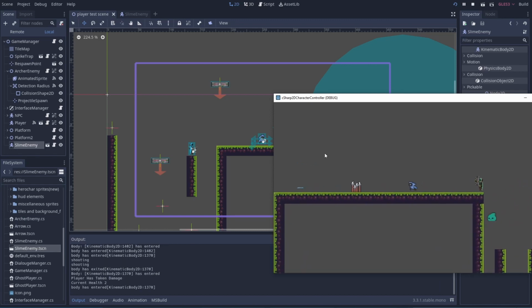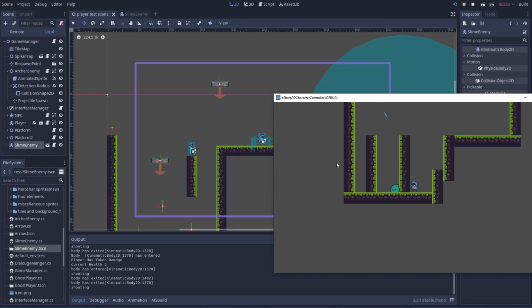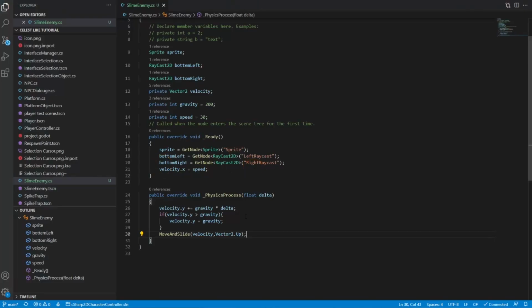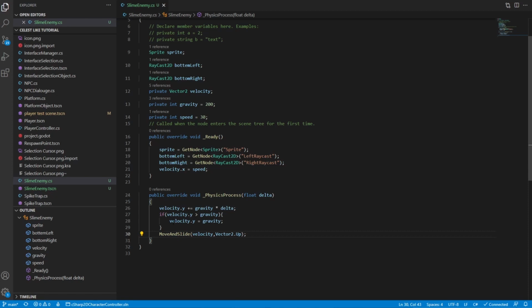Now, you'll notice that he just keeps going and he just falls until he hits this, and then he just kind of stays, which is good and bad. So we now know that gravity works, so that's good. Now we just need to make it so that he doesn't fall off edges, right? We don't want to make him that stupid, right? We want to make it so he sees an edge and doesn't just fall off. So what we're going to do is shoot out some rays for collision and see if anything comes back.